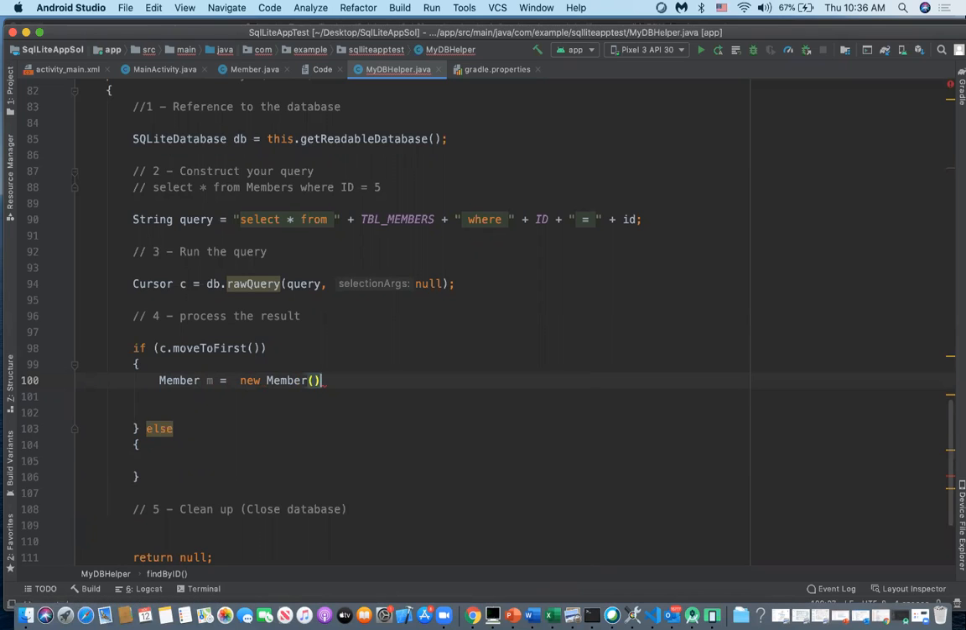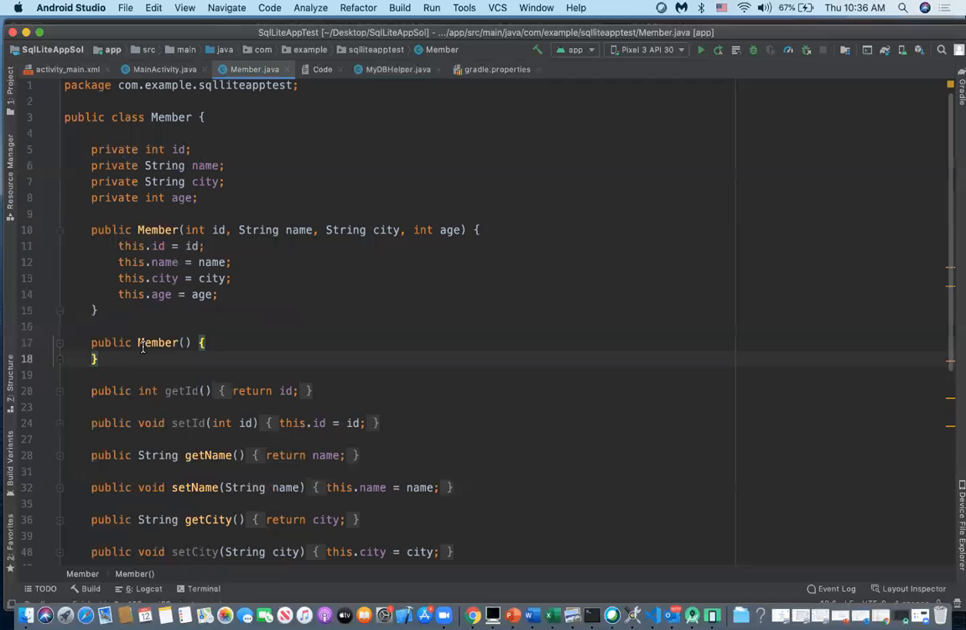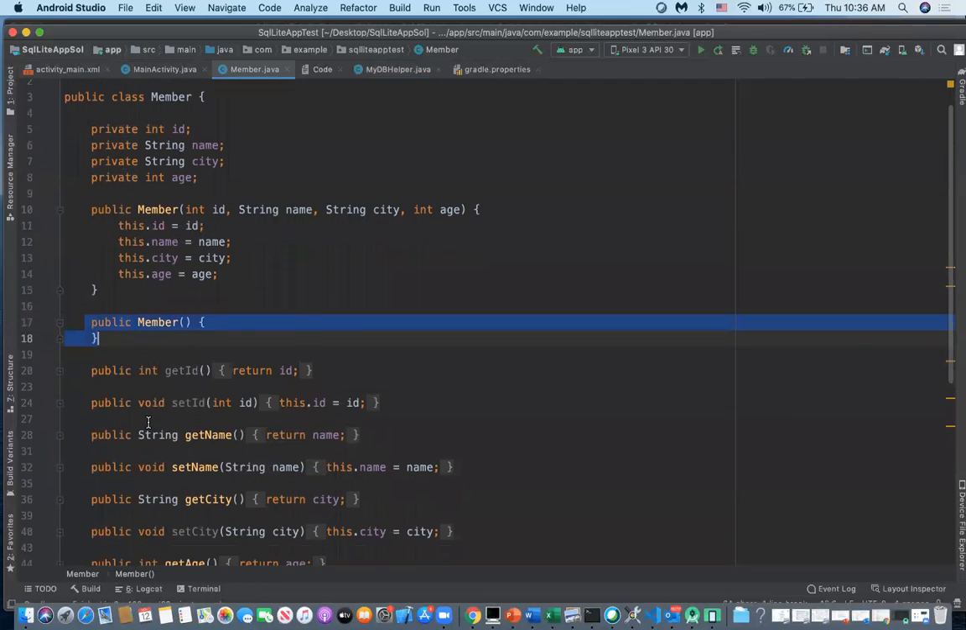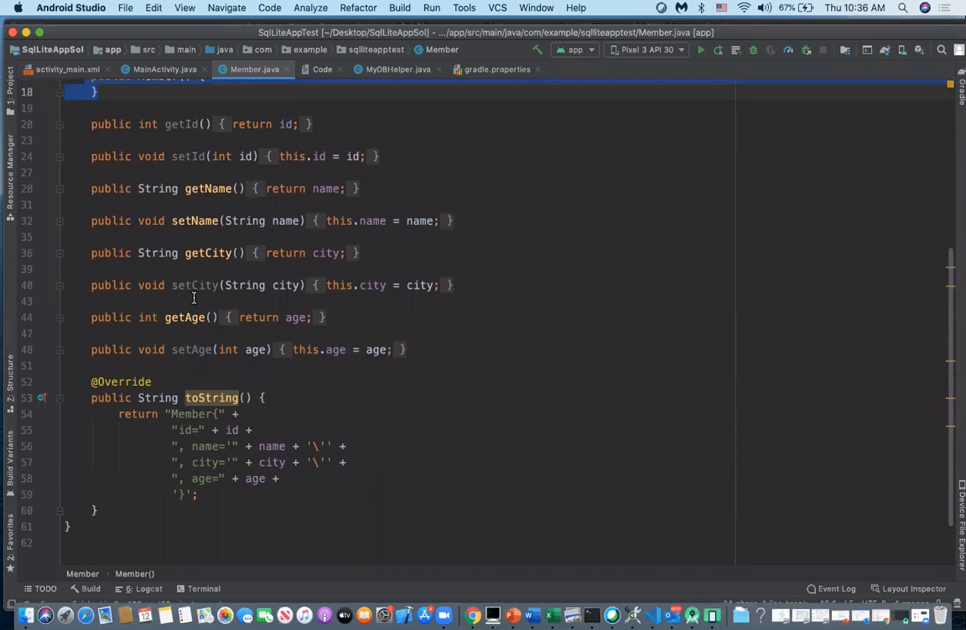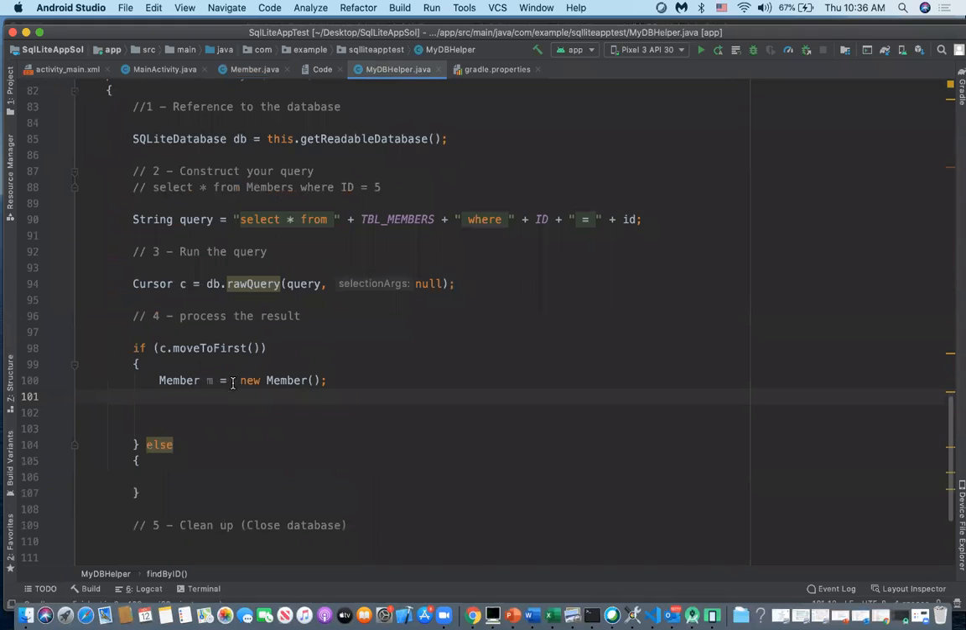Okay, remember when we created the member, we have one constructor called member, the default constructor. So if I go to the member, we have a default constructor above where you can create an object with no parameters. Then you can use the set and get methods, or the set method, to set the attributes that you want. All right, so let's go back to my helper class. And now since I have the data, I found a record in my result set, what do I need to do? I need to say